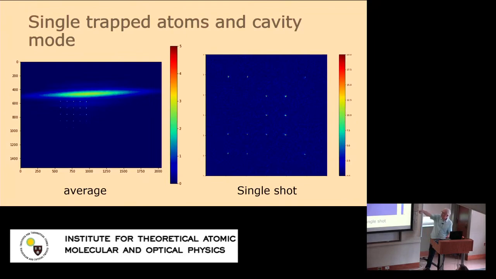We can image the mode inside the vacuum chamber. This is by shining light into the cavity mode and then placing a mode inside it. So this is this bright thing that you see. So we can use this to align the atoms to the cavity mode. And this is an average of tweezers. And these are now single atom tweezers, actually. So we're just getting ready to place these single atoms in the tweezers in the cavity mode and start to measure, do state detection with them, etc.